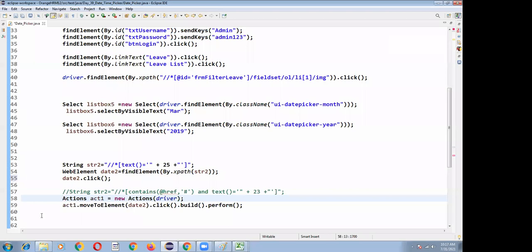So here March 23, 2019. Okay, March 25. What has been selected? Okay, let me run again.